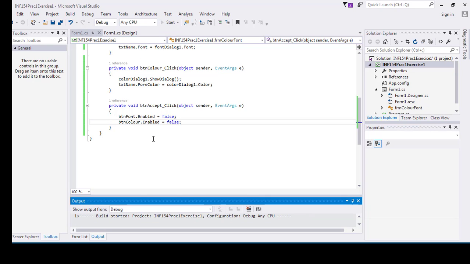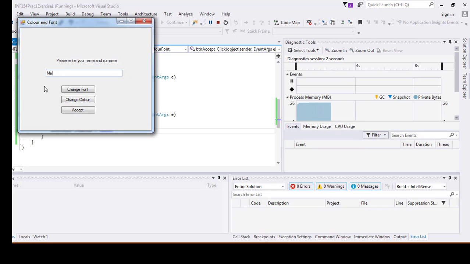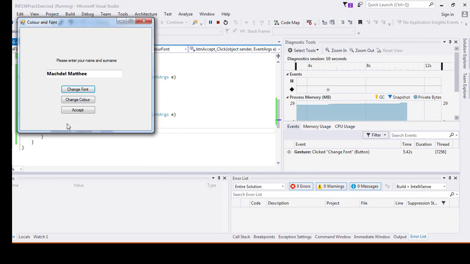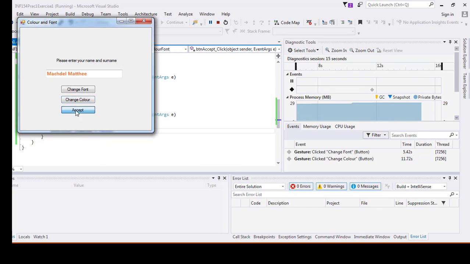Now we can run the program to see how it works, whether it works. So I'm going to enter my name. If I change the font, it opens this dialog and I choose a different font. If I change the color, I choose a different color. If I say accept, then these two buttons are disabled. Yeah, that is pretty much it for